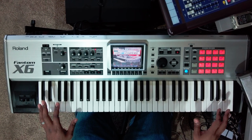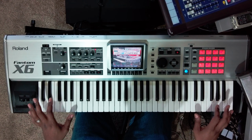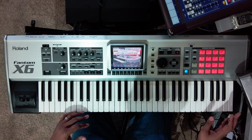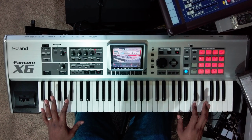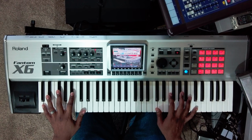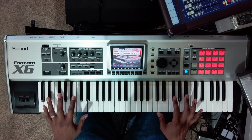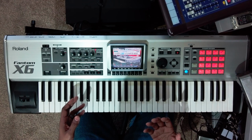I picked up the Fantom X because I wanted a couple of things moving forward. Number one, I wanted a keyboard that I could use as a MIDI controller that had a very specific feel to it. The keys on the Fantom X6 feel phenomenal. I mean, yes, there are better feeling keys if you really want to go back to,